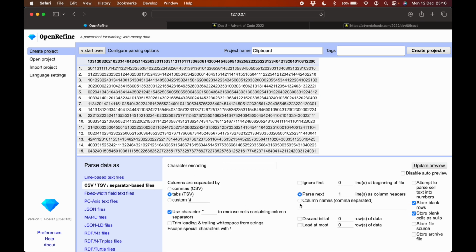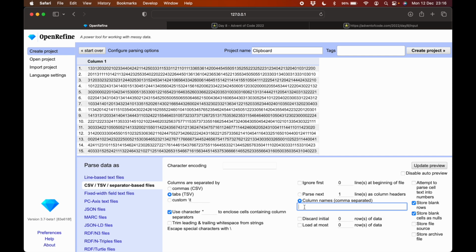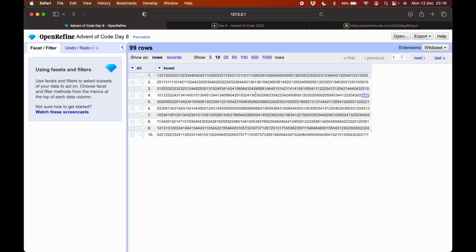I think we'll start with it just coming in as a single cell per row. So let's call this the forest. Okay,